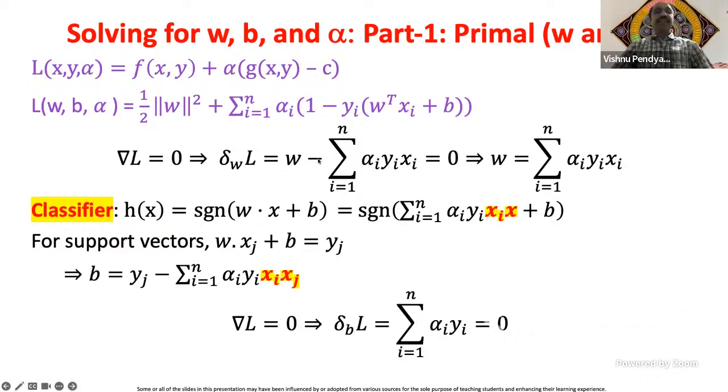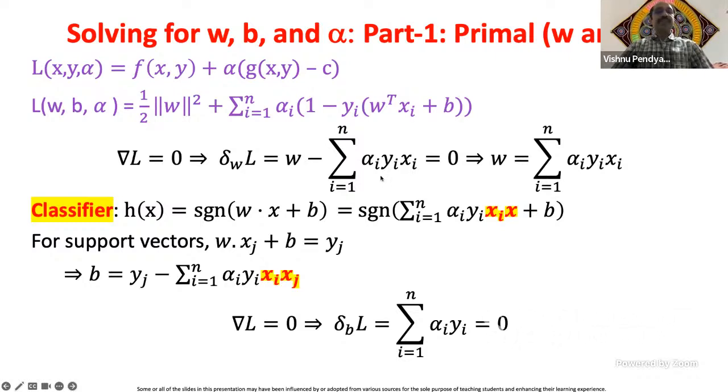And here, this is with respect to w. The first term has no w, so it is a constant. The summation from i equal to 1 to n remains, but this first term will cancel out. It becomes 0 because we are taking the derivative with respect to w. And the second term will be